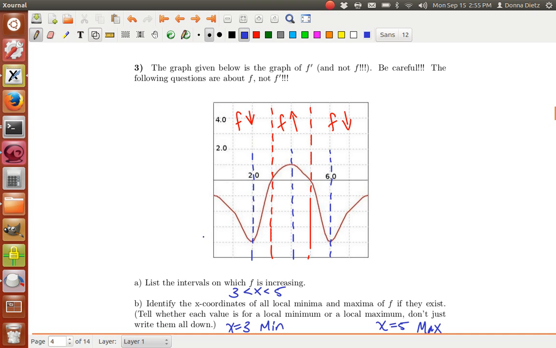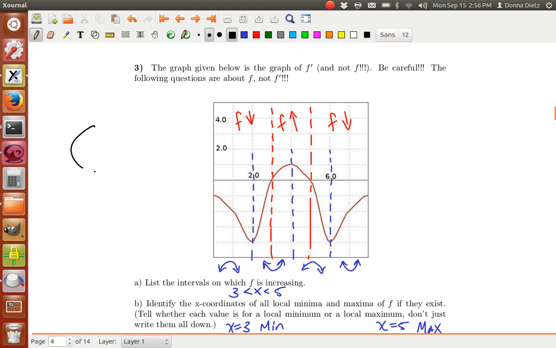Okay, so this is f prime, so since f prime is decreasing, we have concave down over here, concave up over here, concave down, and concave up. And so what we usually do in calculus classes, we have all these crazy little line plots, and we have pluses, minuses, and stuff. Do whatever you want in order to keep track of the logistics of this type of question, but you have to know that there's